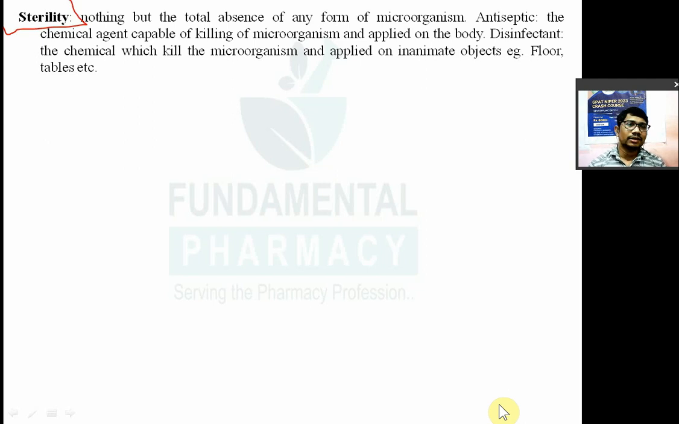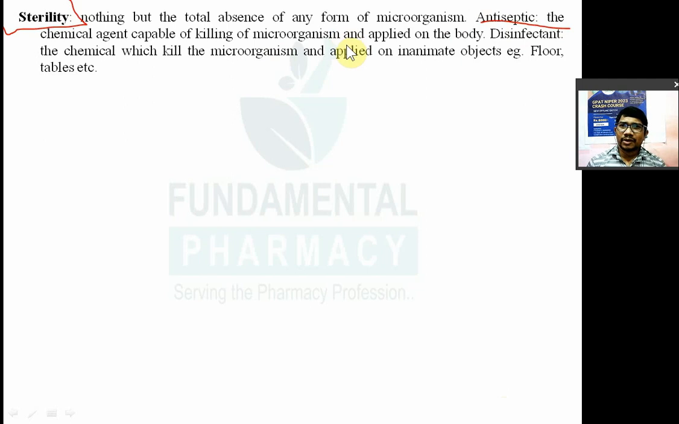Nothing is there in that, okay? So nothing microbial grows, no microorganism of any kind or any form is there. It is nothing but the total absence of any form of microorganism. Antiseptic क्या होता है? Antiseptic is nothing but the chemical which is capable of